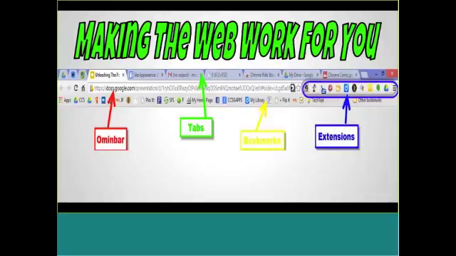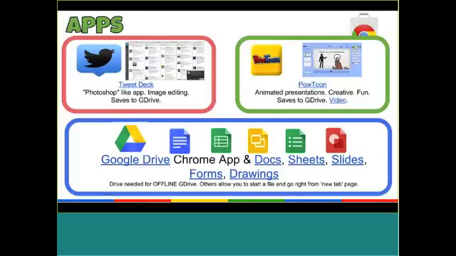This is just a snapshot of my Google Chrome. You've got an omnibar, tabs, bookmarks, extensions. I'm going to share a few extensions that are my personal favorites. Maybe you've heard about them, maybe you haven't. TweetDeck, that's my go-to Twitter app. Powtoon is an app that you can download and connect with your Google Drive account, and it's really cool. I've started to play around with this one more. Animated presentations, you can save them to your Google Drive. All the different Google apps you can download is